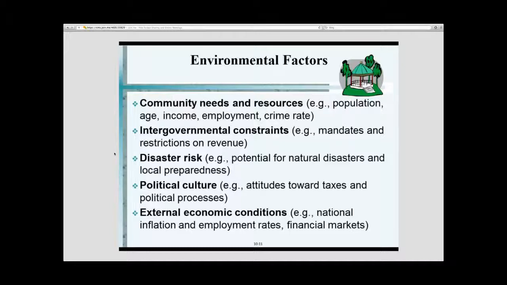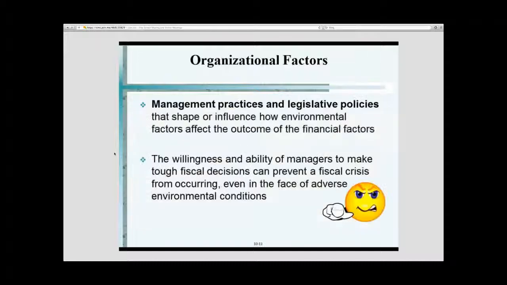External economic conditions, which is, it's not always what happens locally, it's also what happens nationally that might impact you. Organizational factors is basically how the management acts. There are managers who are very